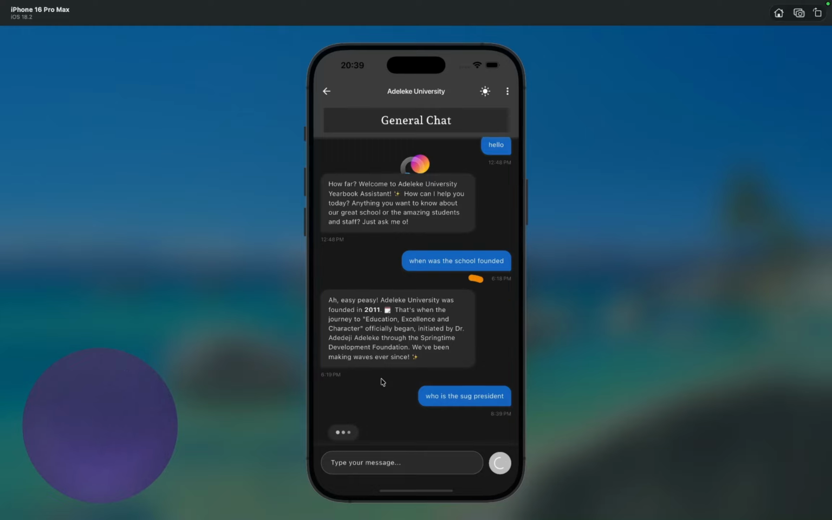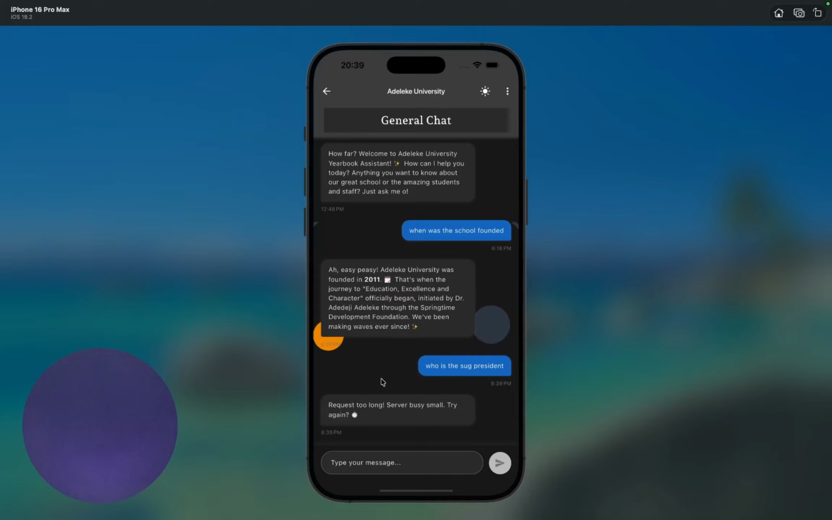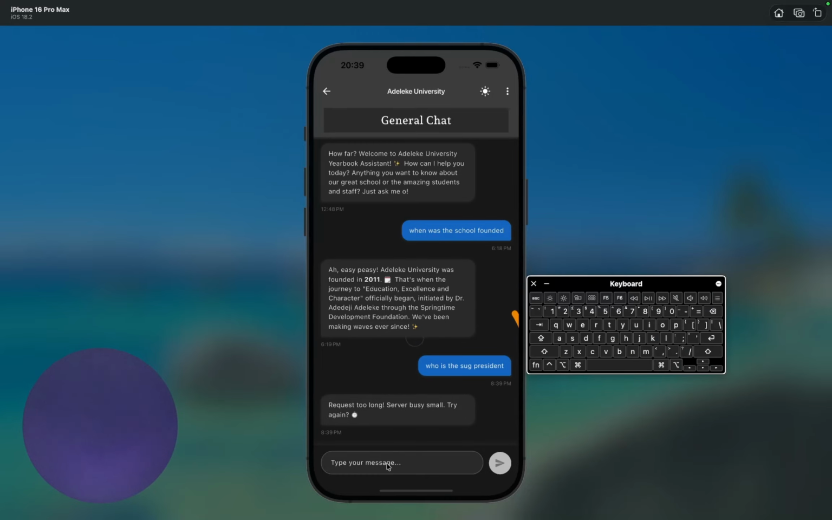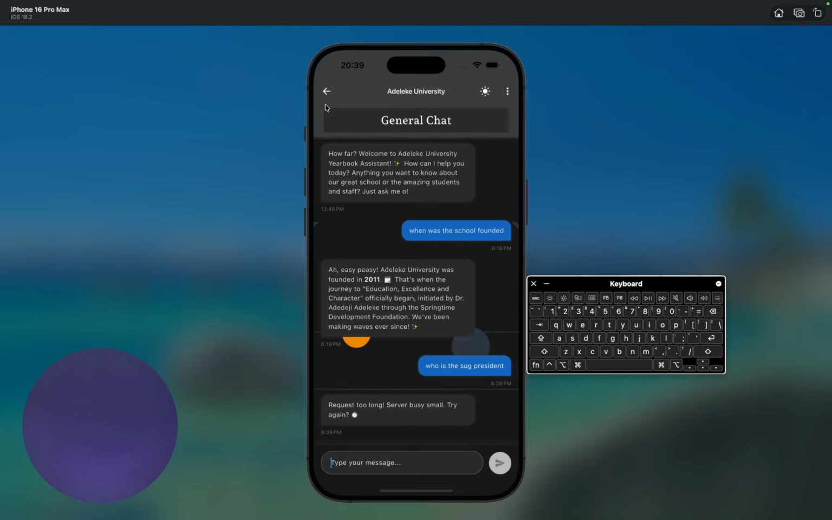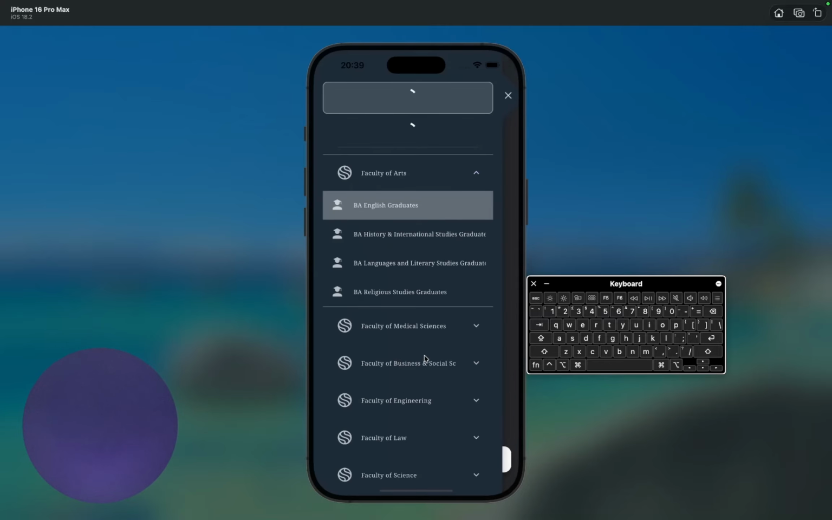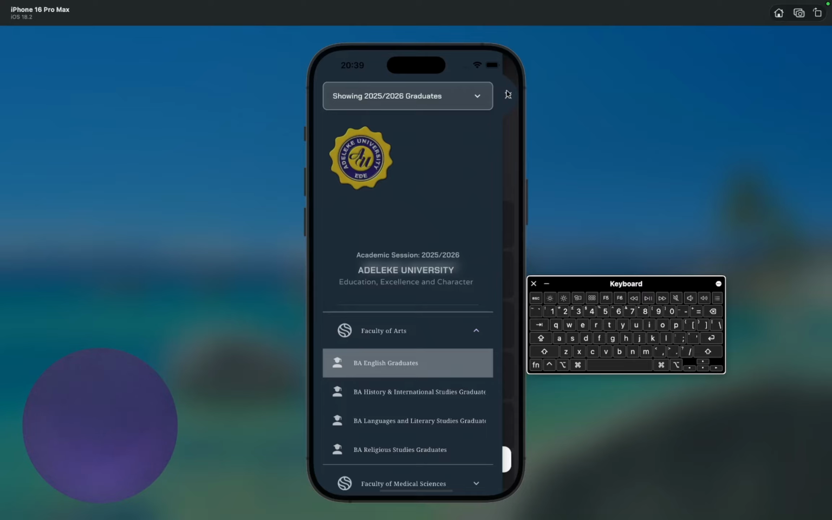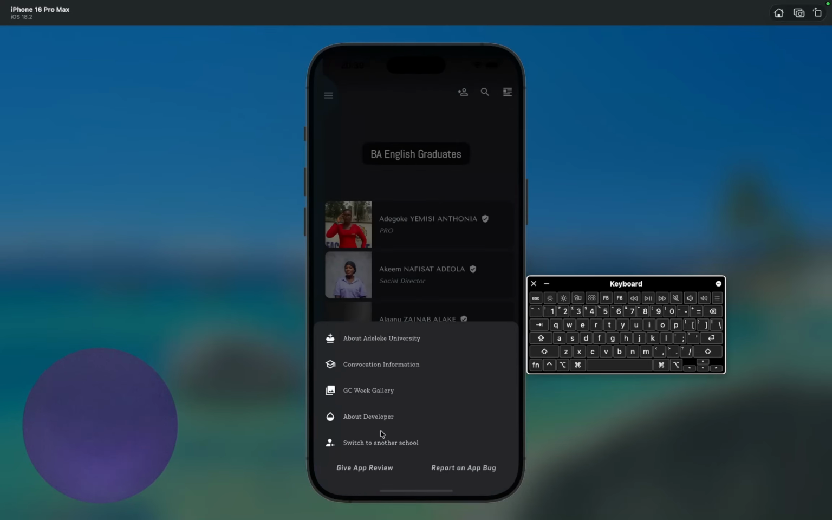It's a very interactive part of the application which knows almost anything about your institution. In a few seconds, it's going to pop up the information of the SCG president for the 2025-2026 set. I'm going to give you a few more seconds. Request took too long, server busy. Okay, this is just because there's been a delay from the back end, but usually if I scroll up, you can see it has answered some of my past questions. So that's what the AI chat does. Because of time, I won't be repeating the question, but rest assured it works and it's going to answer any